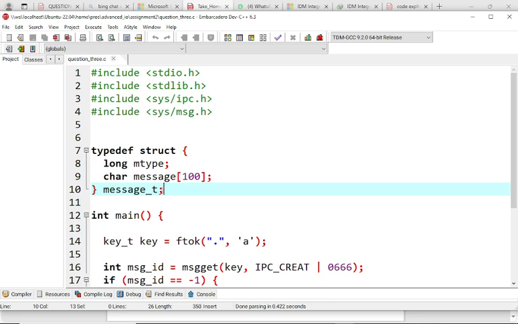Of course, it contains two fields, m type and message. The m type field is a long integer that represents the message type, and the message field is an array of 100 characters that represents the message content. This data will be used to store and send messages through the message queue. Then afterwards we go to our main function,